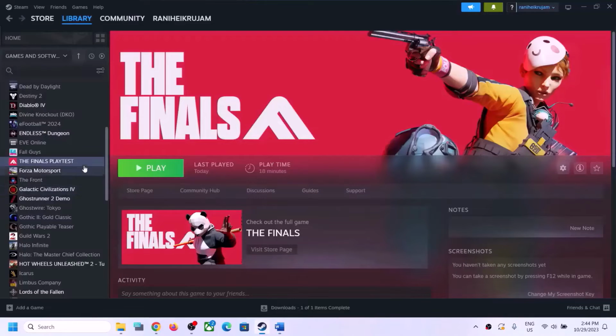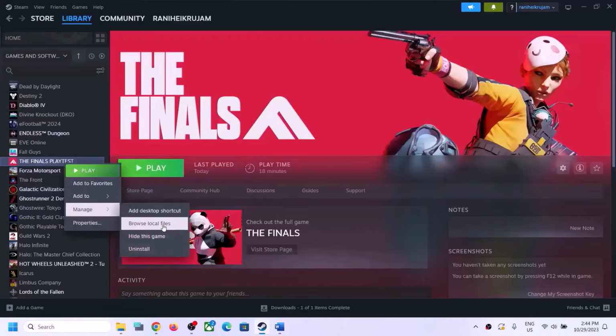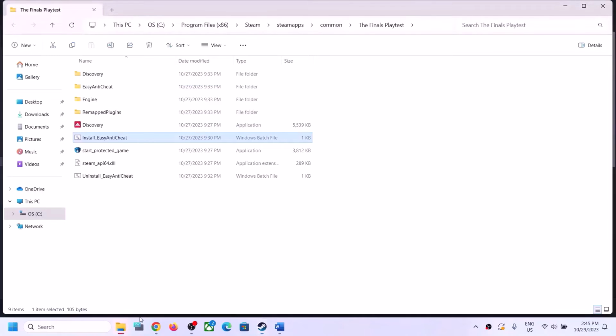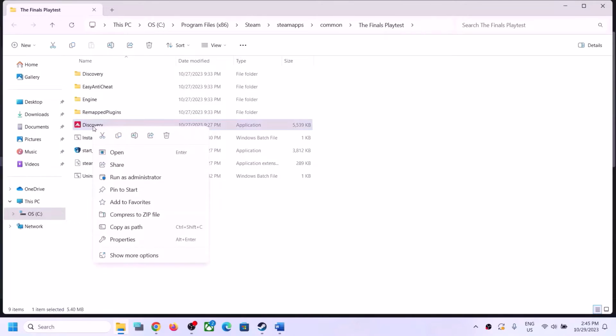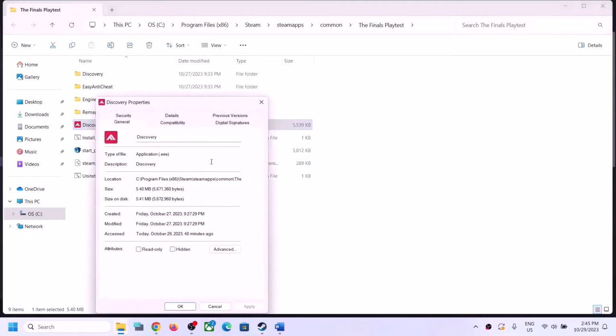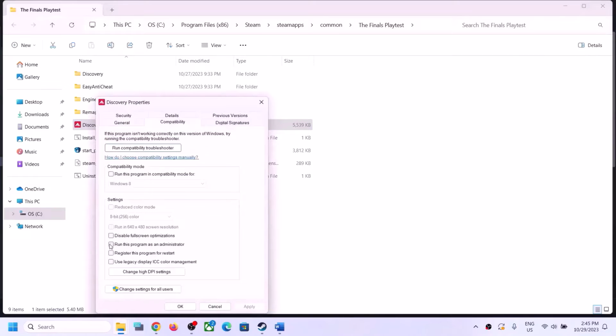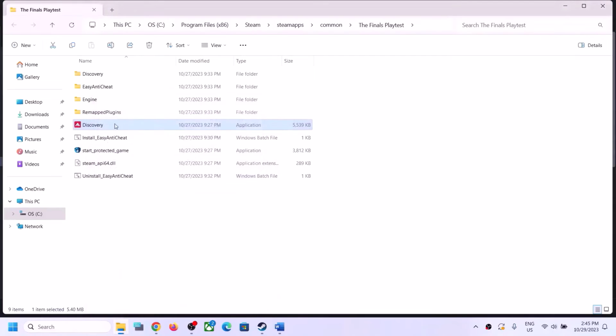Now for this, make a right click on the game, select manage, then click on browse local files. It will take you to the game installation folder. Over here you can see the game exe file. So you can make a right click and then select properties and then go to this tab, put a check on the box which says run this program as an administrator, then click on apply, click on OK, make a double click over here and try launching the game and check if you have any other